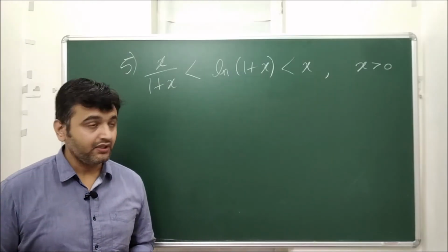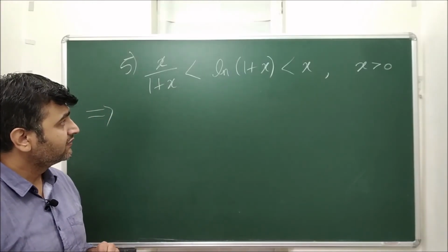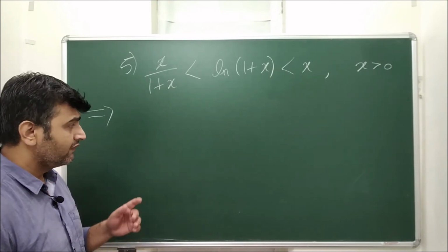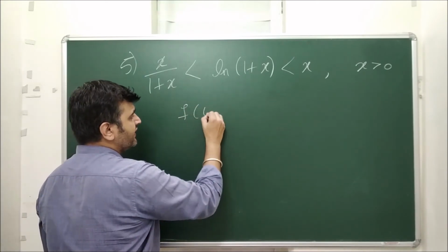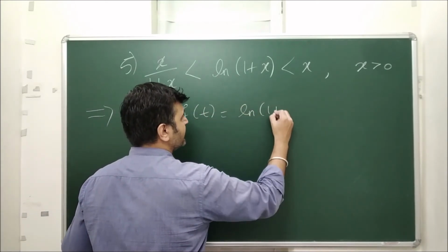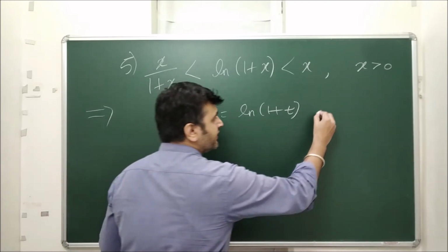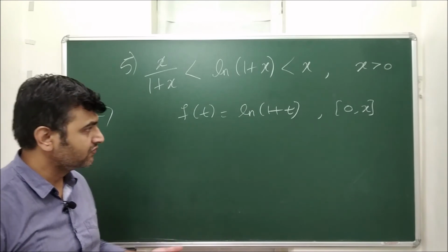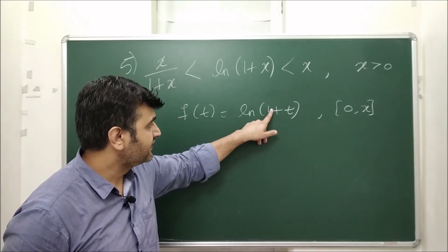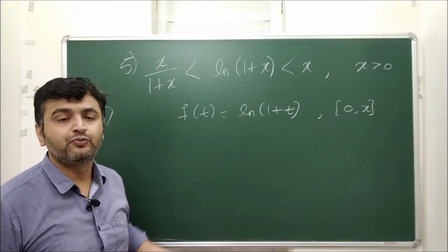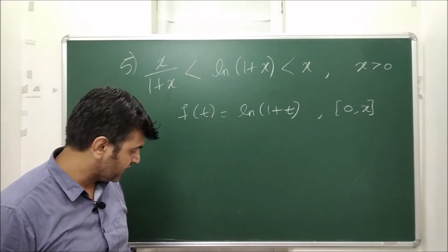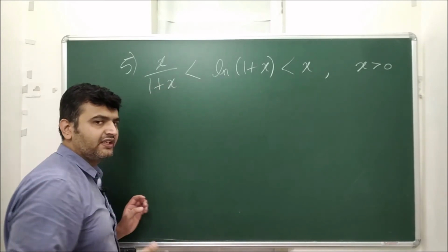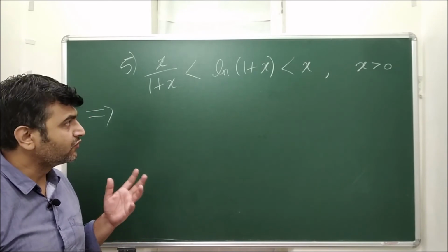So here is a last example. Now again, if you see this in exam, at first shot it is difficult to choose the function. So you will go by increasing, decreasing. But for homework, let me tell you that you take your f of t as ln of 1 plus t. And you take the interval 0, x. Okay, your x is greater than 0, any number greater than 0. So you take this as an interval and this as a function, and you try to prove it. Okay, you will get the inequality in 3-4 lines. So that's the plus point of LMVT, that once you choose the function and interval, inequality comes out very easily.